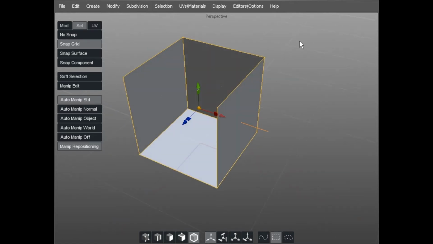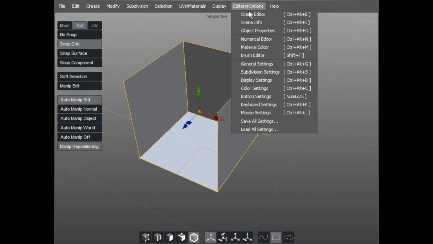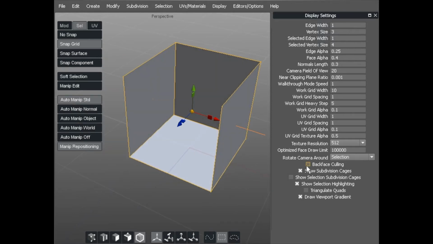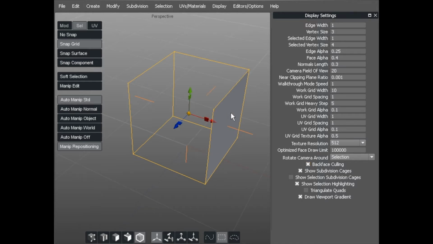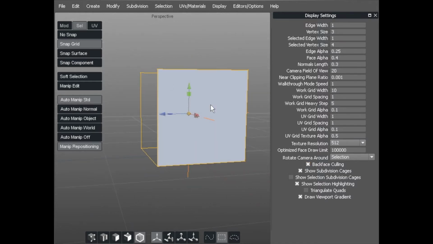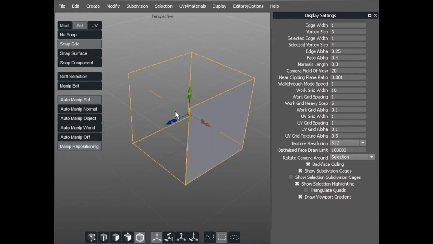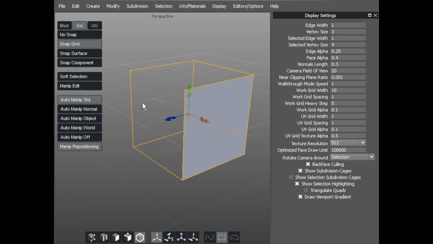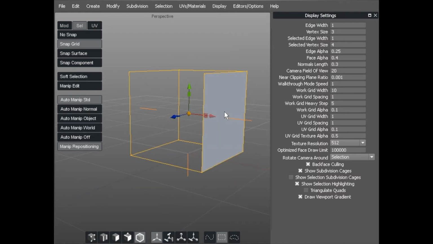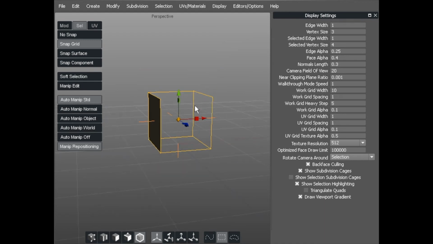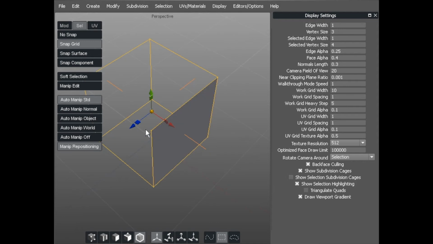And if we want to now just go into editors and options and go to display settings, we can turn on something called back face culling down here. Now when we switch back face culling on, what that actually does is, wherever we've got a surface normal pointing in a particular direction, you can see the face quite clearly. Wherever we've got it pointing away from us, you can see through it. So as you'll see from this polygon here, you can see it at the front of the face and you can see through it from the back of the face, and that gives you an indication of where the surface